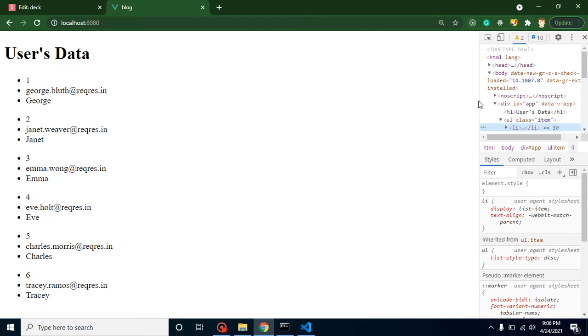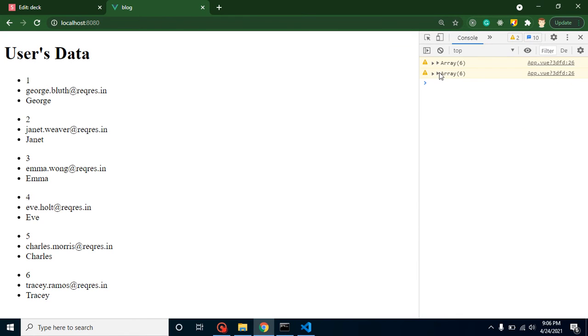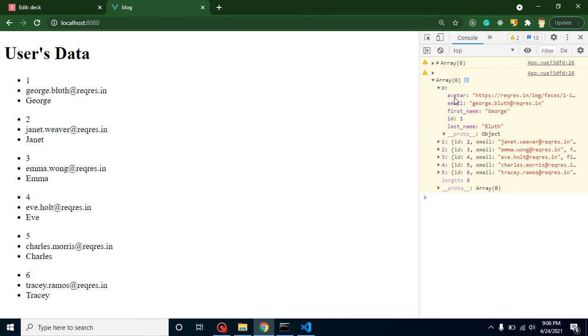Let me open the console, and here you can see that we have the avatar. We will show the image also with the help of avatar, email, first name, id, last name. So we are using id, first name, and email, but till now this is not a proper list, because this is not in a readable form. So how can we make it in a readable form?